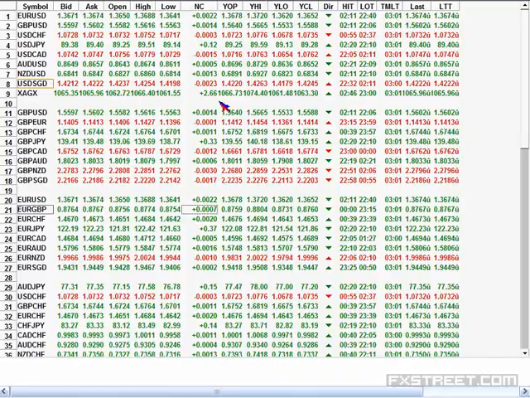The crosses which we will be focusing on are mainly Euro USD, Pound USD, USD CHF, USD Yen, USD Canadian, Aussie US, New Zealand US, Sing Dollar, and even Spot Gold. So you can use this session to have a discussion on any one of these crosses against each other. We can discuss what you're looking for on that particular instrument, and how we can take trades based on this.